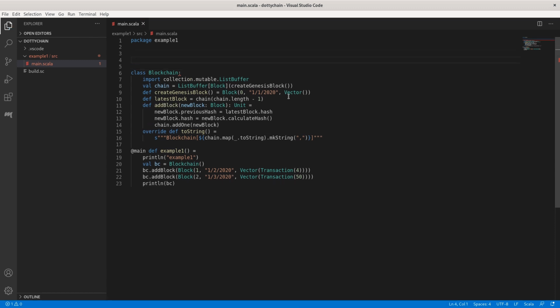And then we need to define a block. So I think for the block, we could do a case class. They're still available in Dotty. Block, this means that it creates the new function and copy function automatically for us. So they're kind of a good thing, but let's just be very imperative and simple thinking for the moment. Timestamp,